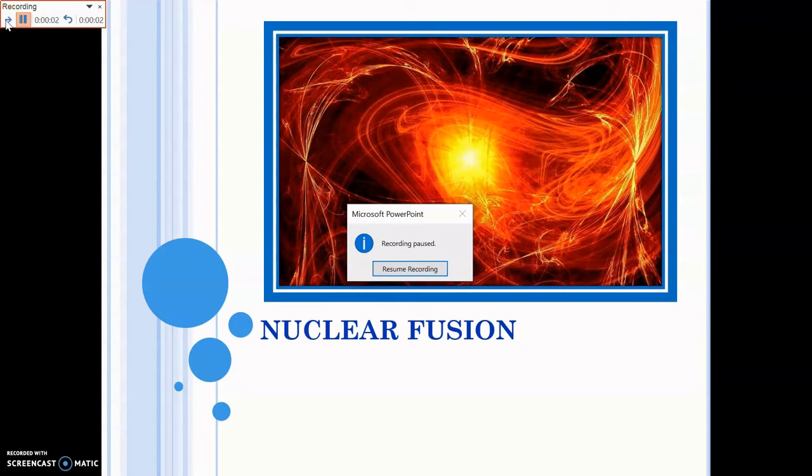You can use this arrow button here or the arrow button on the keyboard to go to the next slide or next action and then explain the slides in your own voice. Now I am going to press this resume recording button and start the recording. I'll show you just a presentation, like I will explain this slides in my own words and let's see how it works.